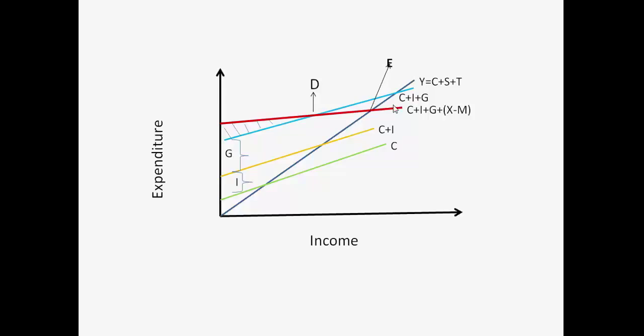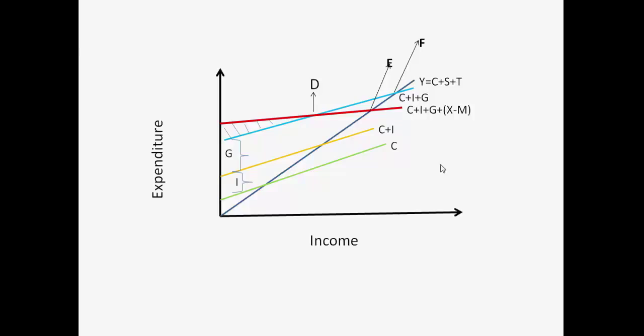This particular portion shows that there are withdrawals from the economy, and hence you can also see that the equilibrium level of aggregate demand and aggregate supply is at a lower position as compared to the equilibrium level of domestic demand and supply. Point F shows the equilibrium position of the domestic demand and supply, and point E shows the equilibrium position of aggregate demand and supply, and this is less.